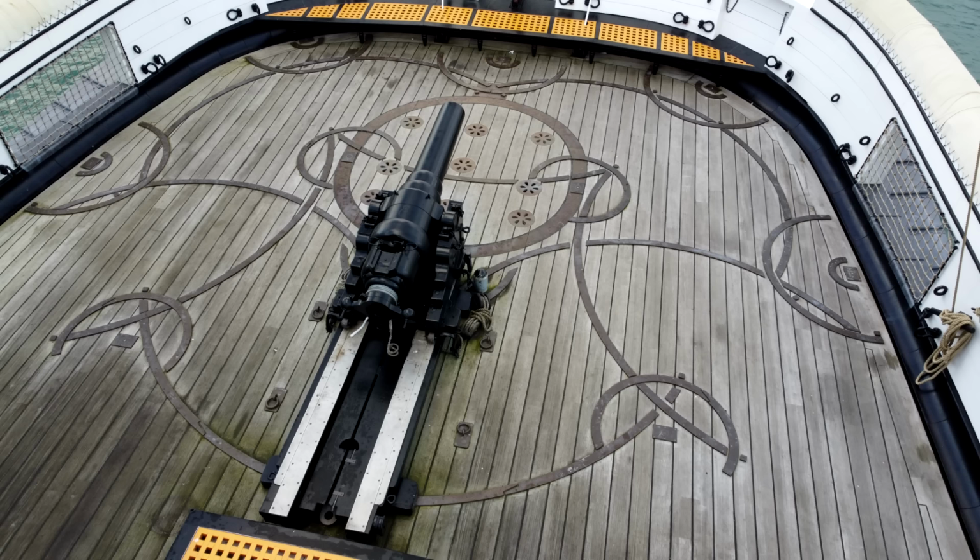And as you can see, you just have the one gun, but there are multiple potential gun ports. In fact, there are 5 potential gun ports, each marked on the deck by one of these little half circles. And the idea is that the gun can be nice and centrally mounted here, so that gives it a good storage position. It's not adversely affecting the stability of the ship, and it's out of the way of the crew for the most part. But if you need some extra firepower, and you need a stern chaser, or you want